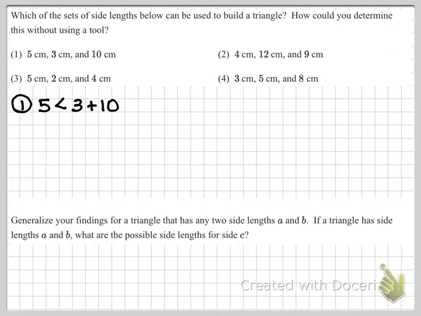So I look at this and go, 5 is less than 13. That's a true statement. Okay, then I'm going to do it with the other sides as well, one at a time. So 3 is less than 15. That's true. 10 is less than 8? Nope. This is not a